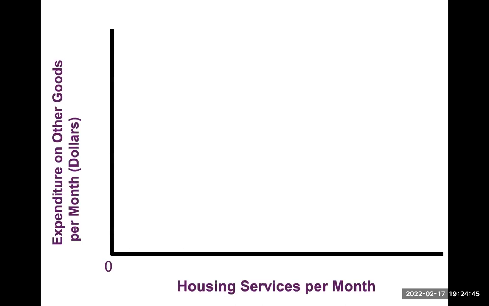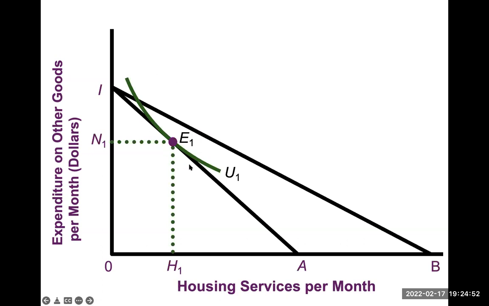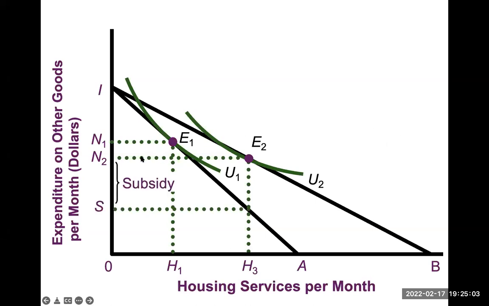And then if we try to put the figure here, this is the first installment of the equilibrium line here, E1 at H1 point and got N1, so equilibrium. The second line is equilibrium at H3 with N2. And between N10 and N20, we can deduct the subsidy here. So that is between E1 and E2, the efficiency.